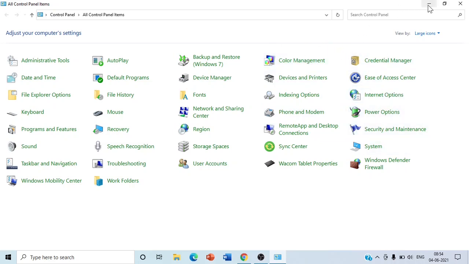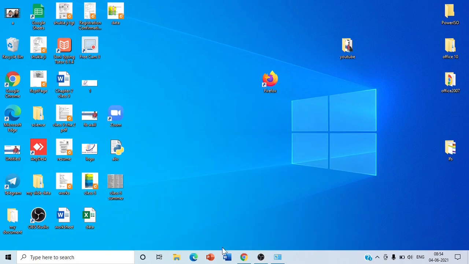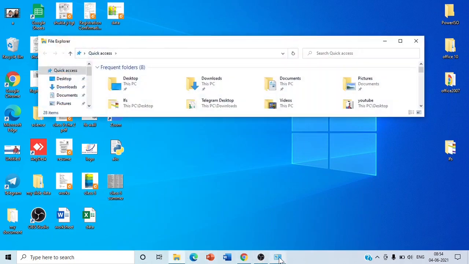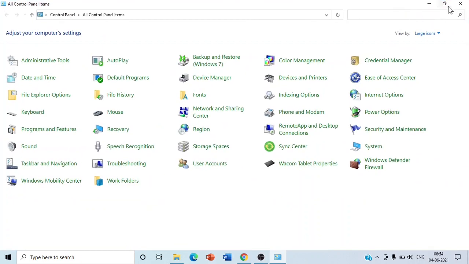Okay students, now we will understand maximize and minimize of windows. For this you can see that in the title bar there are three buttons. First is minimize. You can see it is minimized. Okay, and if you want to maximize, then it will be maximized. It is the maximize button, and the first one is the minimize button, and the last one is the close button.